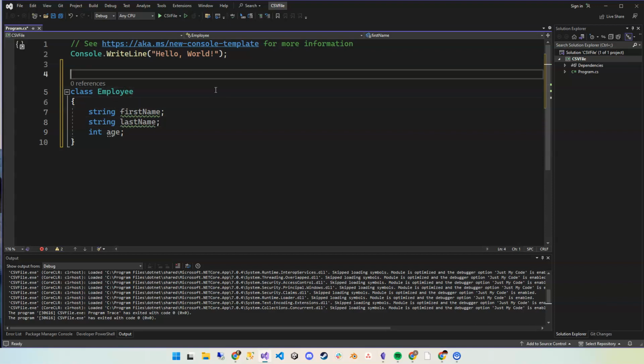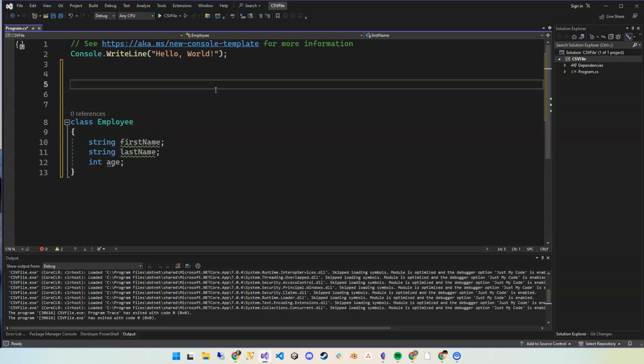So how do we actually create an employee in our application? Well, let's type employee because we're going to create a variable that's of type employee. Let's say they are our very first employee. So first employee, and that's the name of the variable. And we're going to create the object. So equals new. And in this case, it's going to be the employee class, open and close parentheses, to instantiate